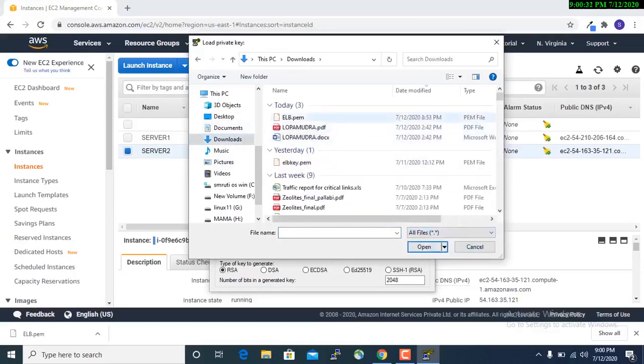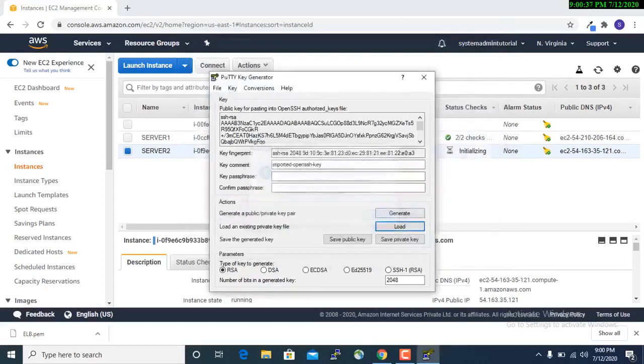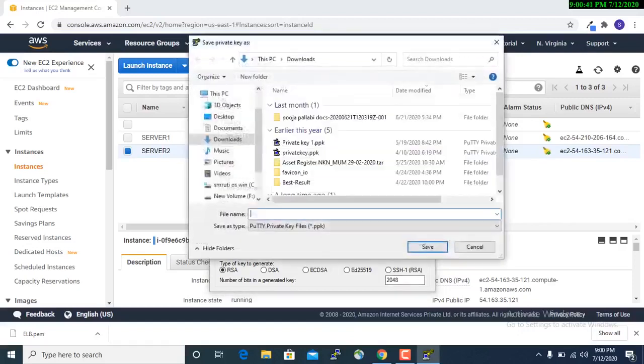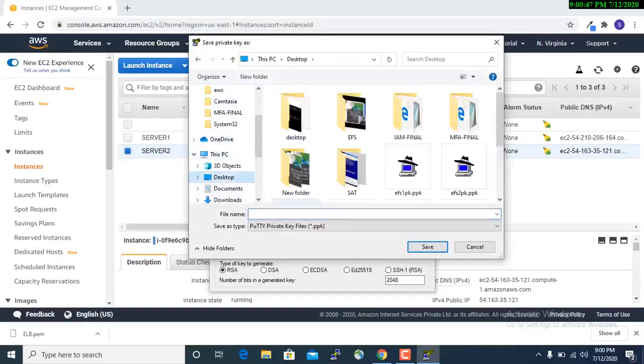Then you go to PuTTYgen. I have already downloaded the pem file, that is the public key. From PuTTYgen you have to load the public key. Here you go to downloads, you will find my pem file. So here you have to select all files, and you see the ELB pem file is there, which is a public key. Load. Okay, then save private key.